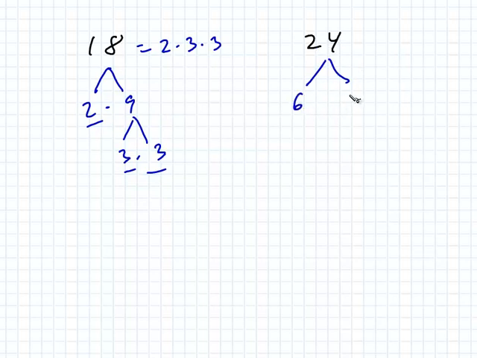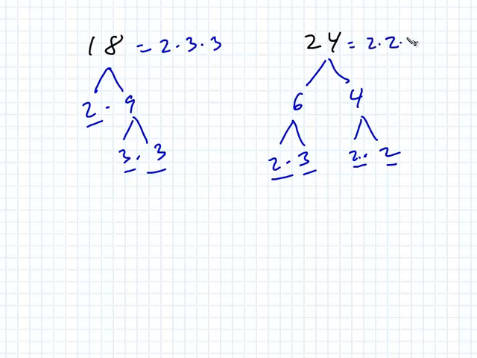Let's go 6 times 4. Okay. 6 is 2 times 3. 4 is 2 times 2. And notice all of these are prime factors, so we're done. So what do we have? We have 2, 2, 2, and 3. Okay? Now, before we quit here, notice that all the factors of 24 can be built up from these prime